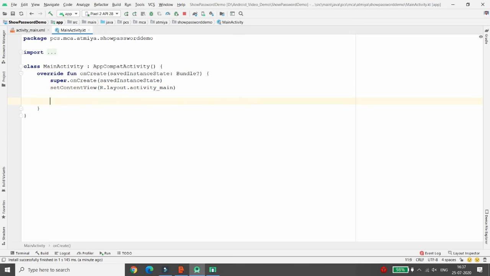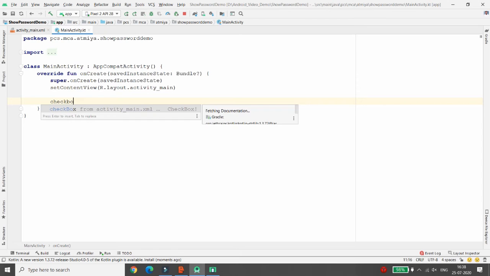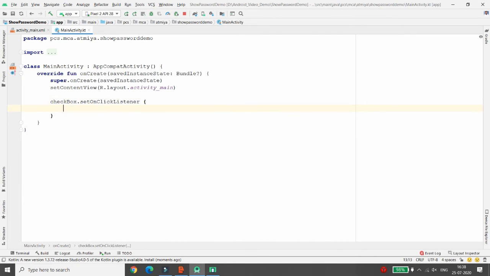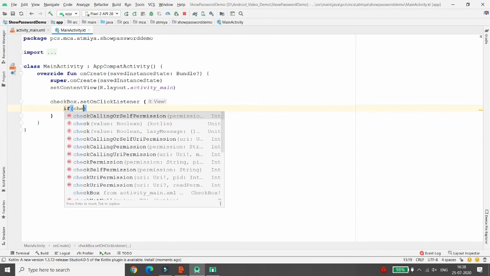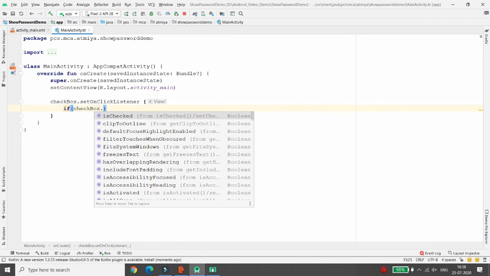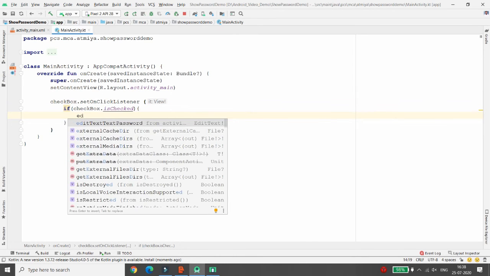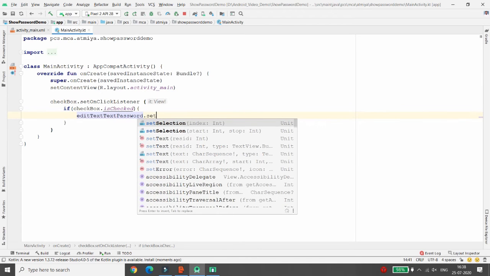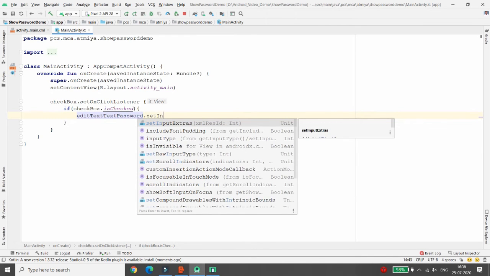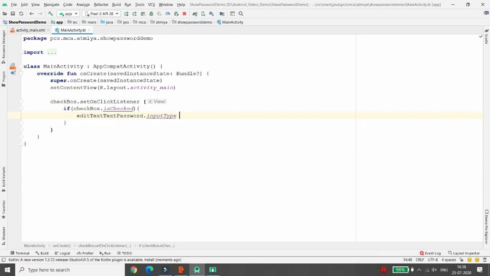So here you can write the code: checkbox dot, this is the name of your checkbox, dot set on click listener. Whenever the user clicks on the checkbox, you can write the condition that if checkbox dot is checked, it means my checkbox button is clicked, then the password should be visible. So I'm writing here edit text password dot input type is equal to, you can just set 1, else you can set.